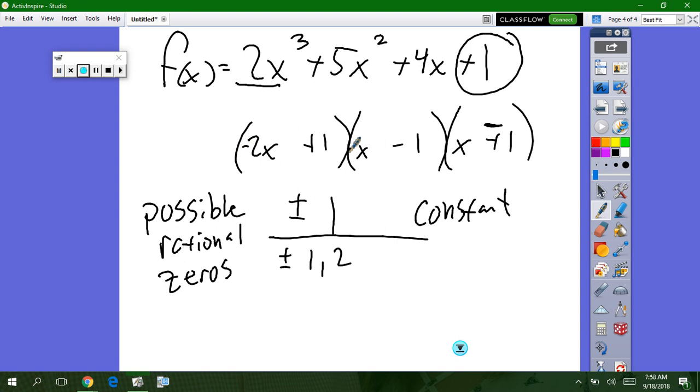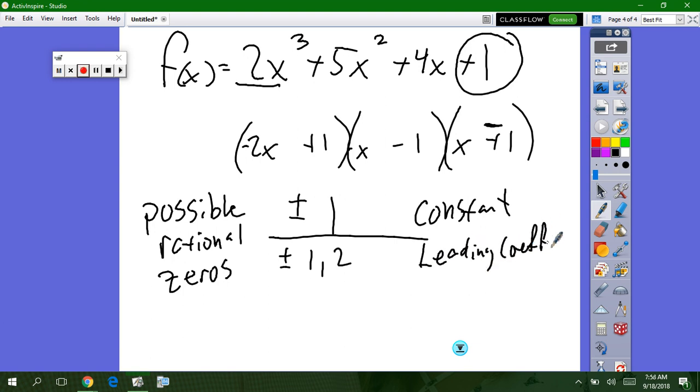You guys agree with me on that? Because all it has to do is multiply to be a 2x cubed, correct? So it could have different sign choices. So once again, plus or minus. So ladies and gentlemen, once again, this is from our what? Where do these come from? They come from our leading